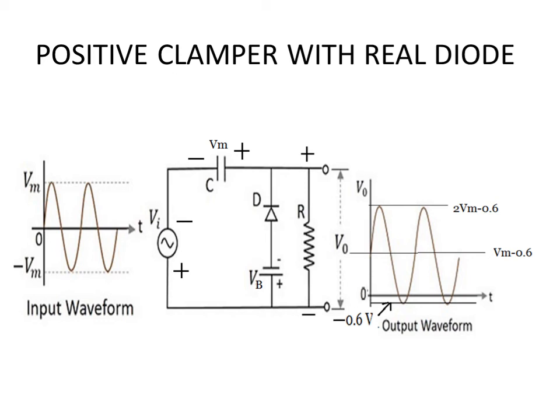So when the input is at the maximum negative value, which is minus Vm, the polarity of the source Vi will be like this. Below it will be positive and the upper part of the source will be negative, and it has a maximum voltage equal to Vm. So if you examine the way in which the capacitor, which is now acting like a battery, is connected to the source, you can see they are opposite to each other, so they will be cancelling each other. So when the input is a maximum minus Vm, the net voltage available from the source and the capacitor is 0.